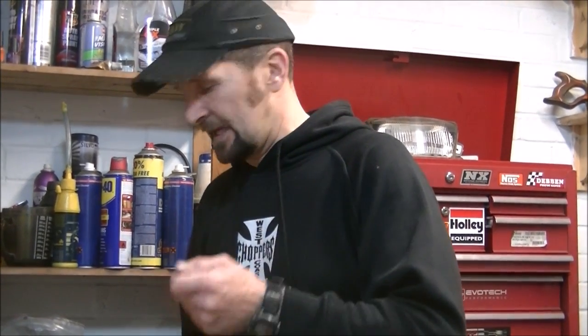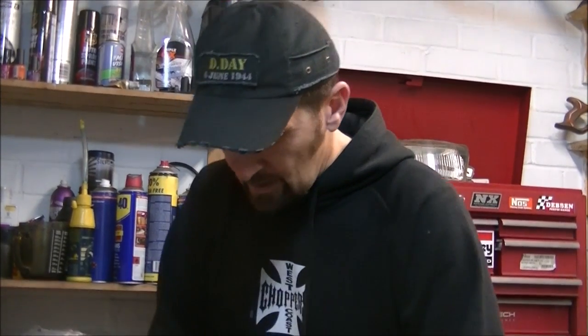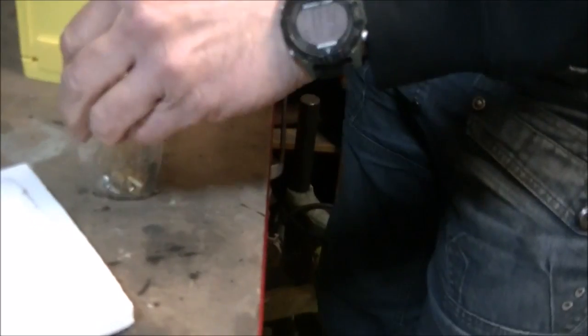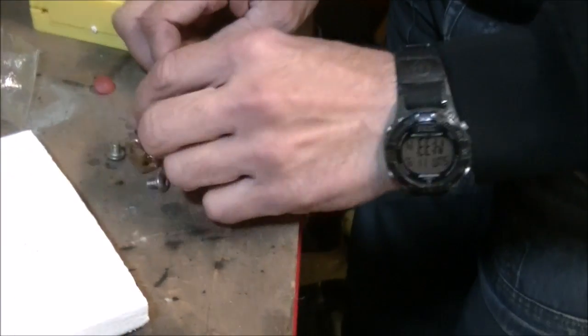They've got 30%, according to what this says, more cranking amps. So on a really freezing cold day when it's -8 outside, it's not going to let you down. Okay, what you have to do with it is this. You get a little bag of doodahs. You do have to do a little bit of work yourself, a little bit of common sense, because there are